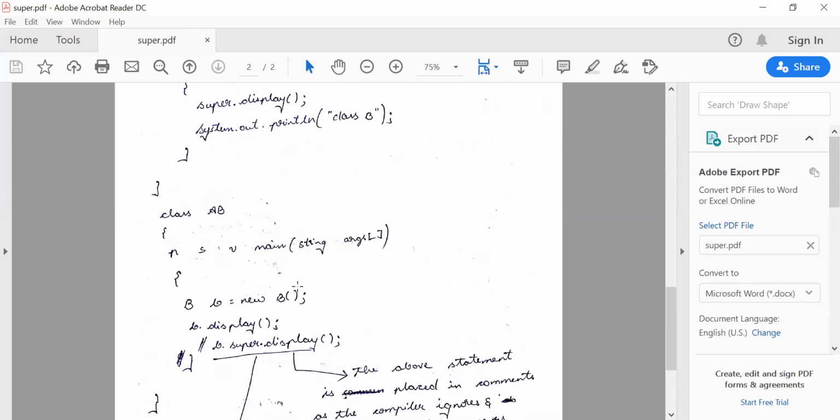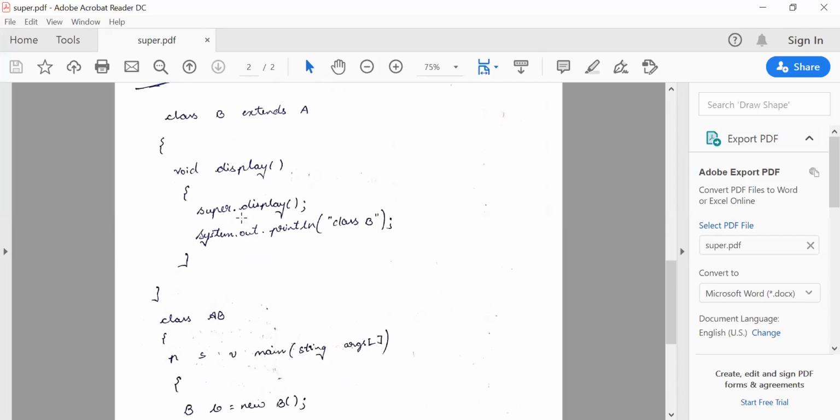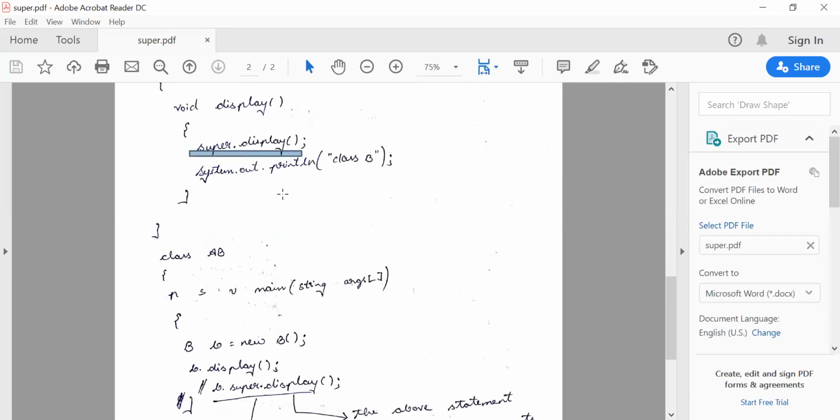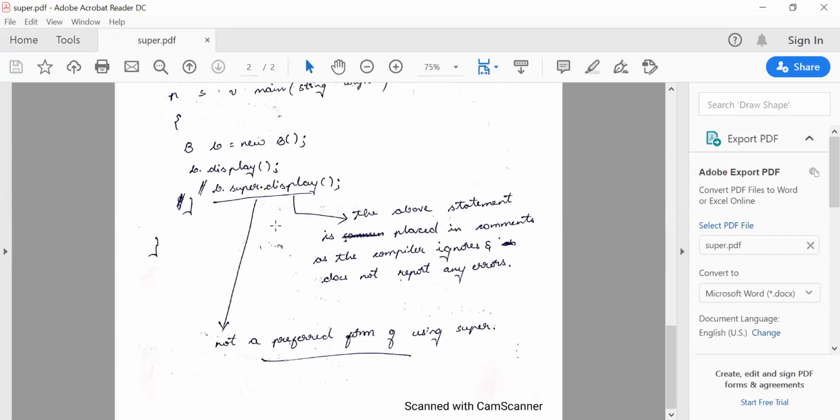Whenever you're trying to use super, the best practice is to make it the first statement in that block of code. Even when we were seeing constructors, we used the superclass constructor first, followed by the rest of the code. In the same way, whenever you're using super, make a habit of making it the first statement in a particular block. It can be inside a constructor or inside any method. I hope you understood, right?